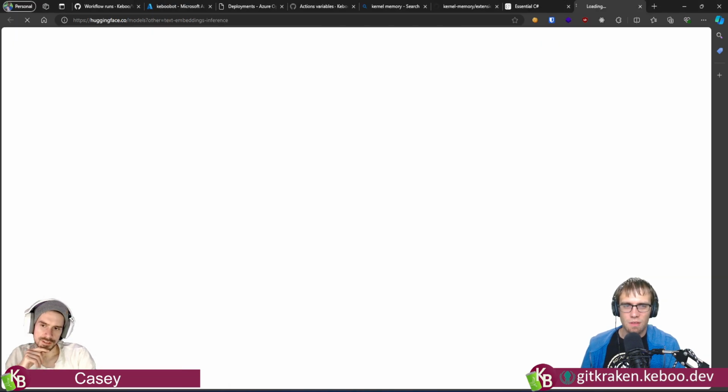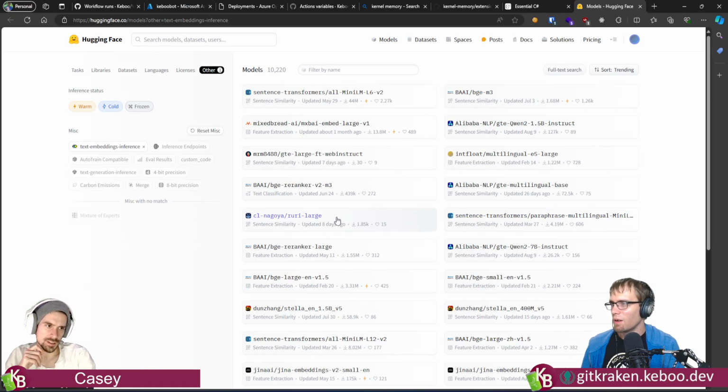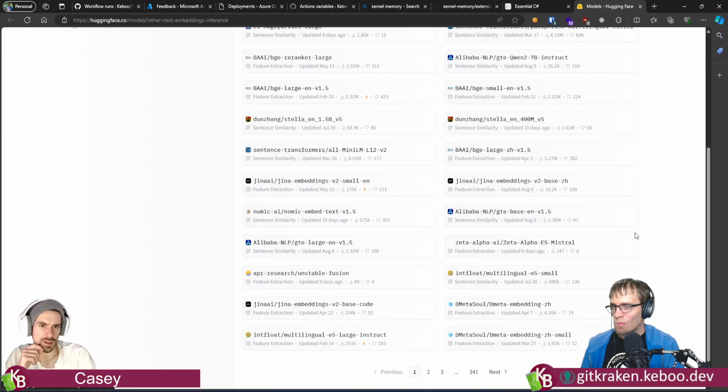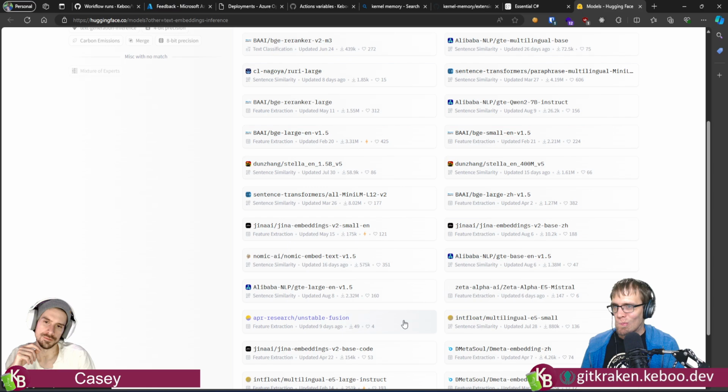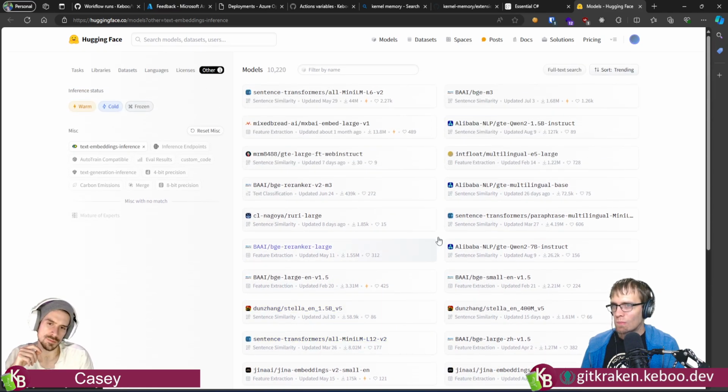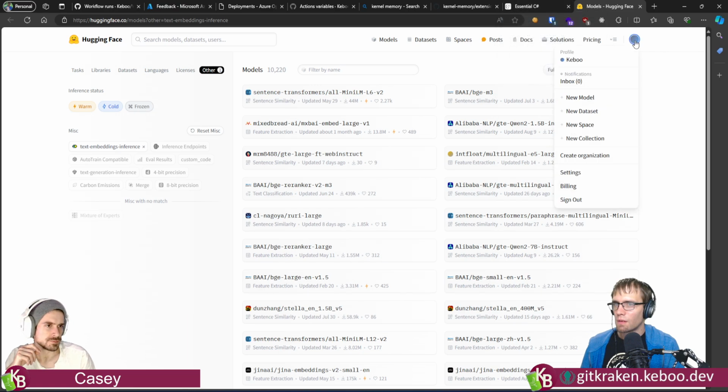Let's see. What is this? Oh, different embedding models. Those are the ones that you can get and run locally. Not all of them, but the majority of them. There's different licensing on different ones, but those can do what Ada is doing. And beyond that, like you were saying, Mistral or Llama via Ollama, you can run the chat models, which would functionally give you what we're building locally.